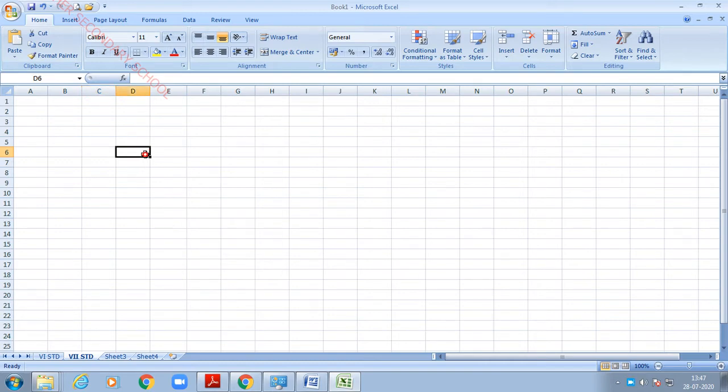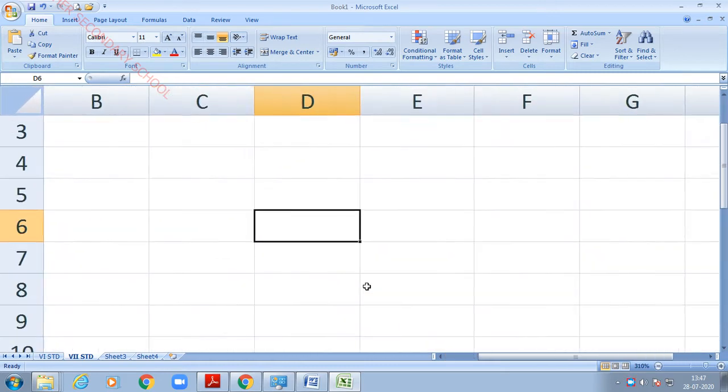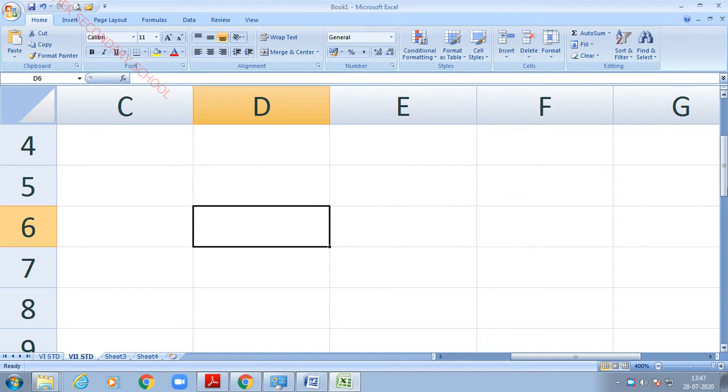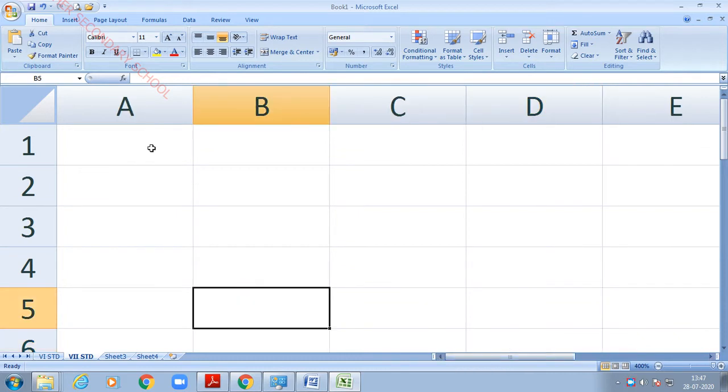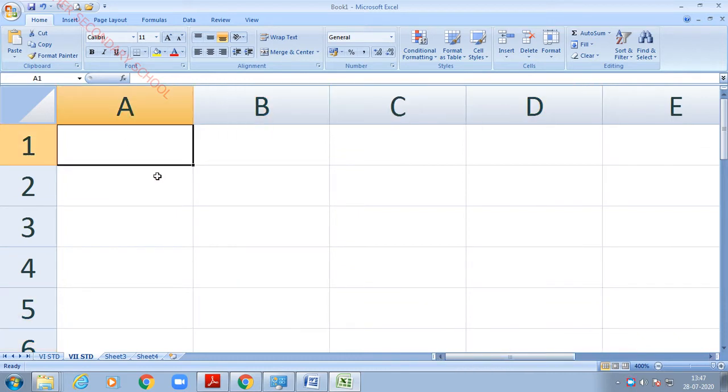Now I am going to type Jairam Higher Secondary School. Before that I am going to zoom the page. To zoom the page you have to press the Control key and the roller. Can you see the difference? This is the way you can zoom the page. Now I am going to type Jairam Higher Secondary School.